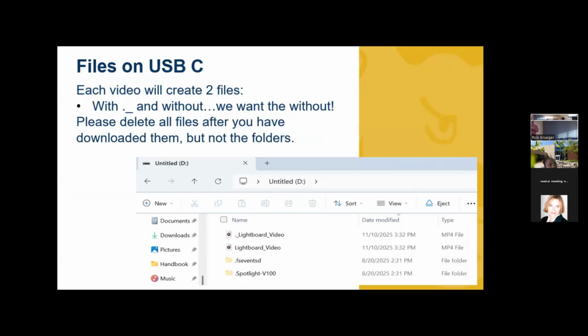Now, if you stop and start, it'll save it as Lightboard Video 1, Lightboard Video 2, Lightboard Video 3, and then you can download them all. And then, of course, I rename them with the date or whatever I'm doing when I pull them into the files. And then please, ladies and gentlemen, please, after you have put them on your computer, delete them off the